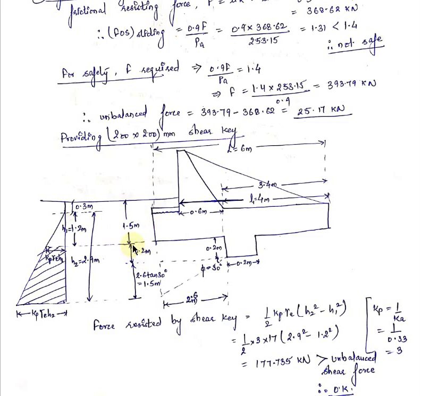This depth you know is 0.2 meters, and this depth you can find out by applying tan theta in this triangle. So tan theta will be equal to perpendicular upon base. So the perpendicular will be base into tan 30. So 2.6 into tan 30, you will get 1.5 meters. So total height will be this. So this much soil will exert a passive earth pressure on the retaining wall.